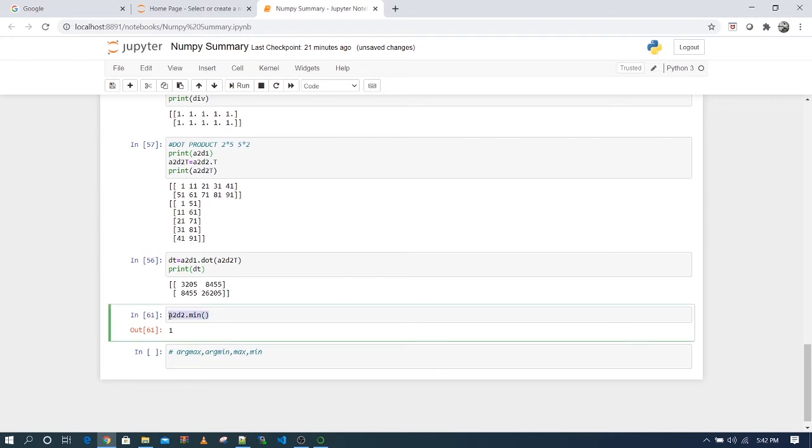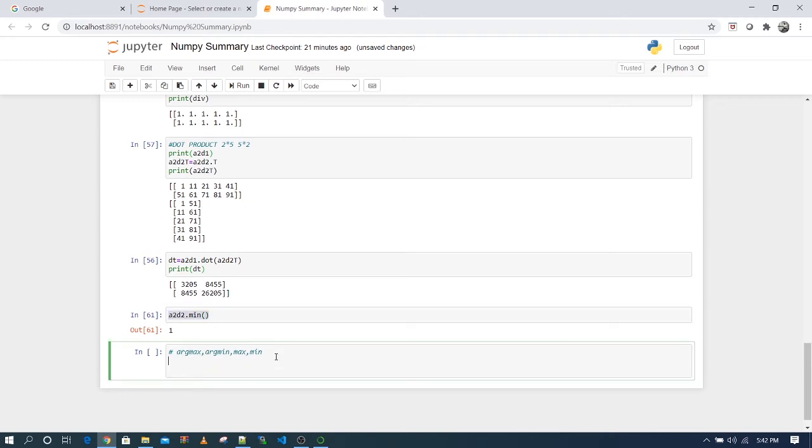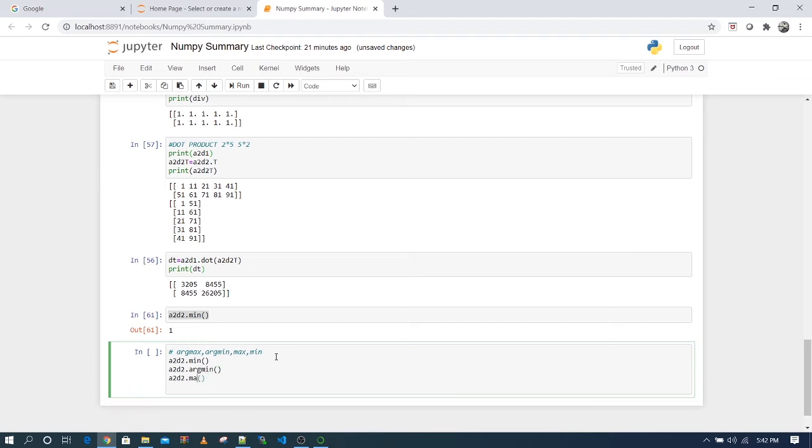So there you have it. Suppose let me show you each element individually. Min, then argmin, max, and then argmax.